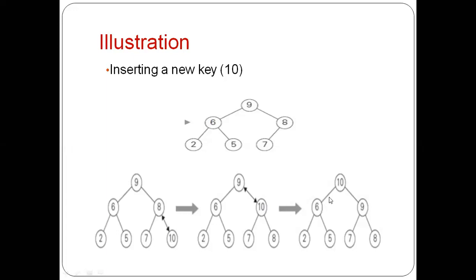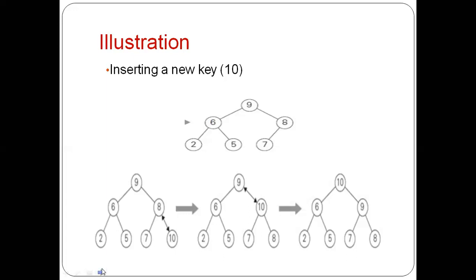You see 6 is already satisfying the property, 9 is satisfying the heap property, and 10 is also satisfying it, and it is a complete tree. So this is a heap. The other case is when the insertion reaches up to the root. Instead of that, if this root was 11, then after this exchange itself it would stop, because 11 and 10 were compared, and 10 is the smaller value. So in this process itself, you can stop the exchange.